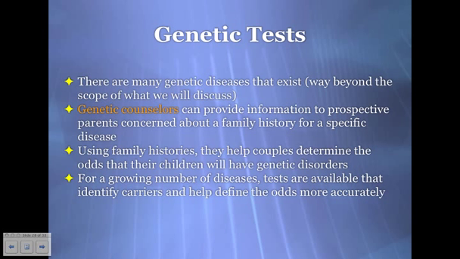But that's pretty difficult in order to make that decision if you wanted to get that test done or not, because there's a test that would tell you yes or no, there's a disease that you will get in your lifetime. So genetic counselors are actually there to talk to the individuals or the families before getting a genetic test